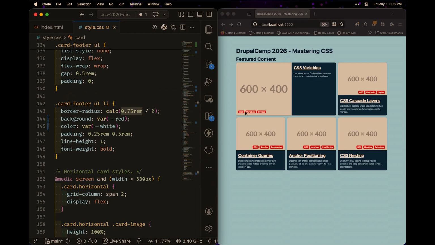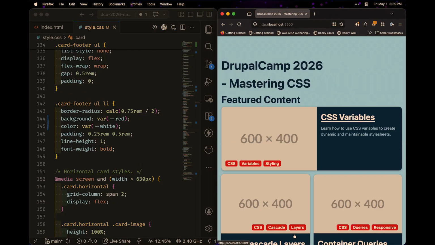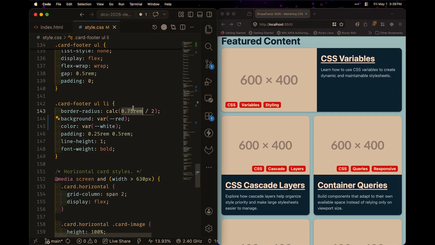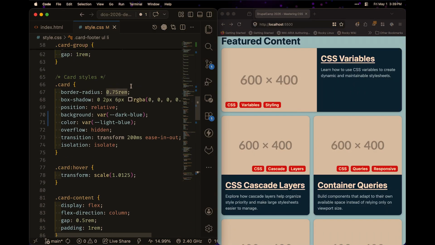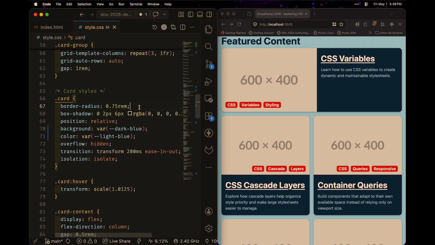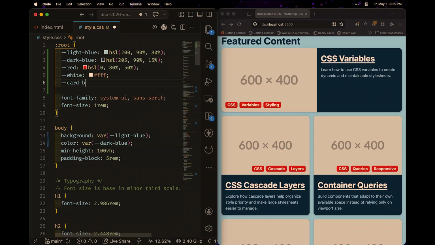If we make it a little bit bigger for this again. So in our tags here, I have this border radius, which is half of our 0.75 rem, whereas our card is using 0.75 rem. So that could be an argument to make a card border radius, so make it 0.5 rem,